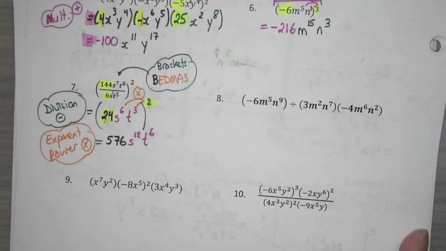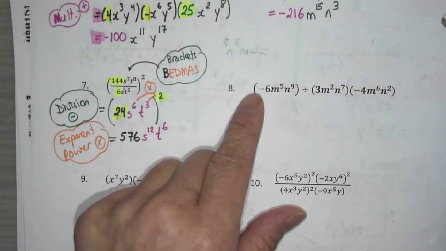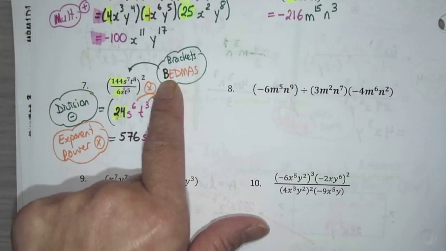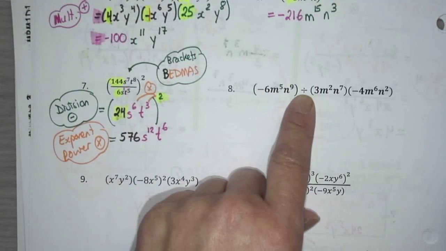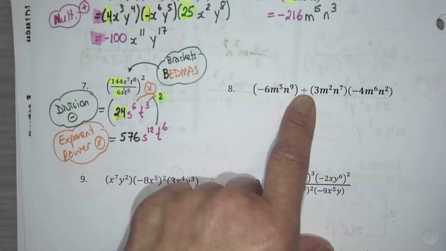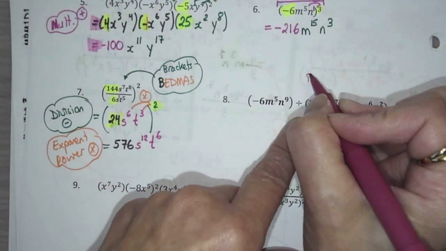Okay, let's try another one. Always look at it to see what rule you're using first. When I look at this one, I've got B, but there's no inside of the brackets. I have E. No, sorry, not E. I have D for division, and multiplication. So according to BEDMAS,